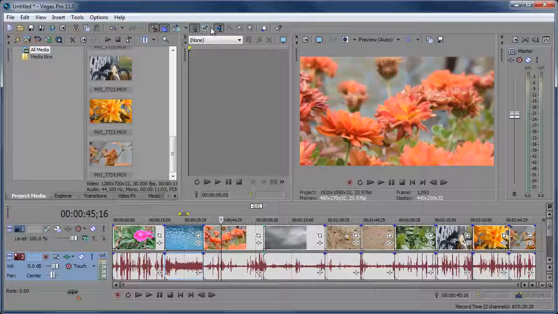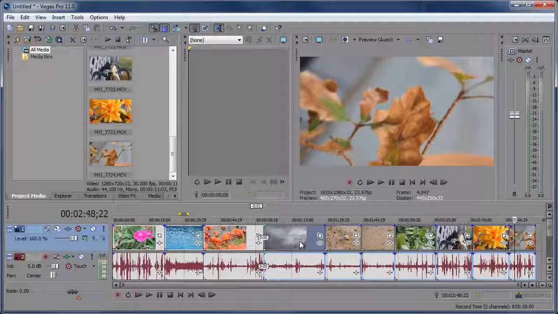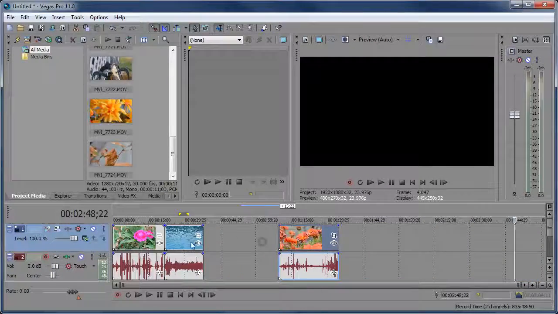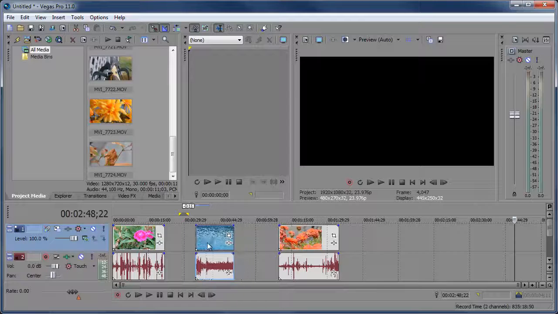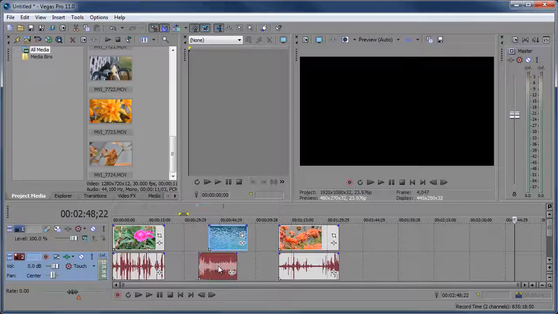And the next tool we have here is the Ignore Event Grouping button. So I'm going to go ahead and delete a few clips here. And here we have these flowers and the pool. And you can tell they are all grouped together with the audio, since that's the audio from the clip. But if I click the Ignore Grouping button, Control-Shift-U, I can move the top around, move the bottom around to where I want it,